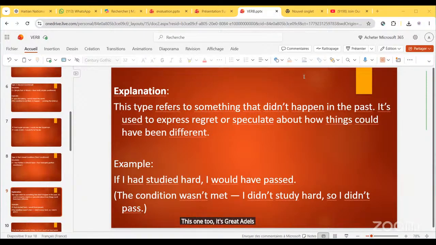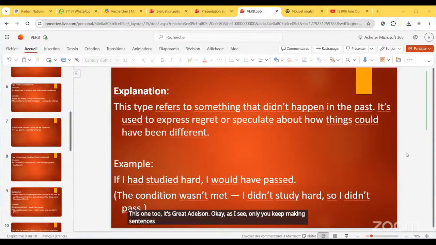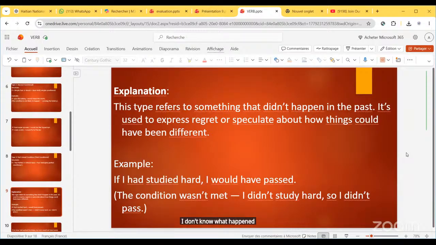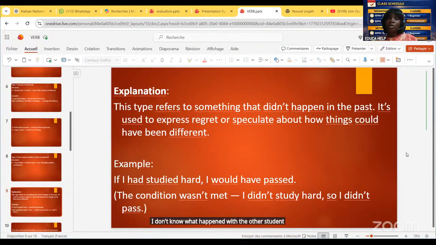Okay, as I see only you keep making sentences. I don't know what happened with the other students, or if they do not understand. So what I'm going to do, guys, is I'm gonna send you a short